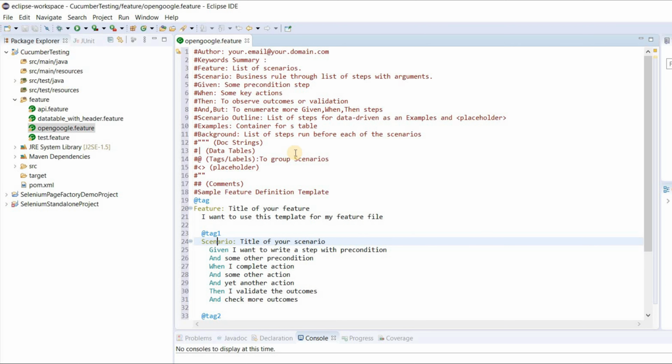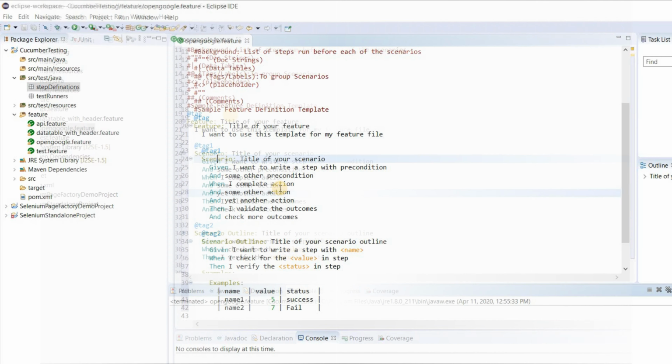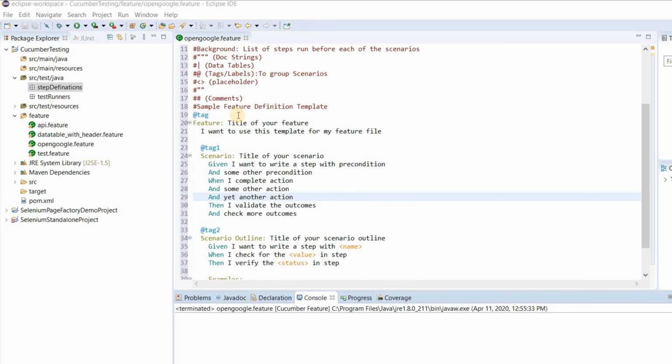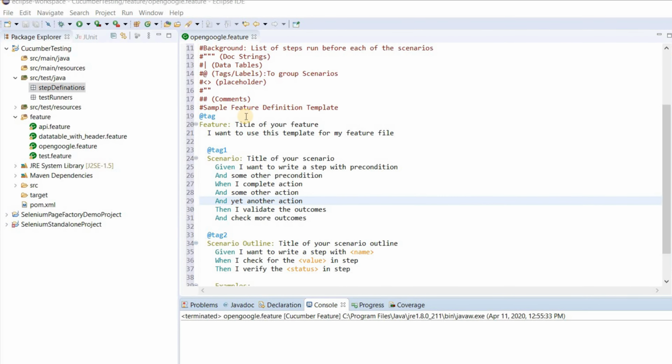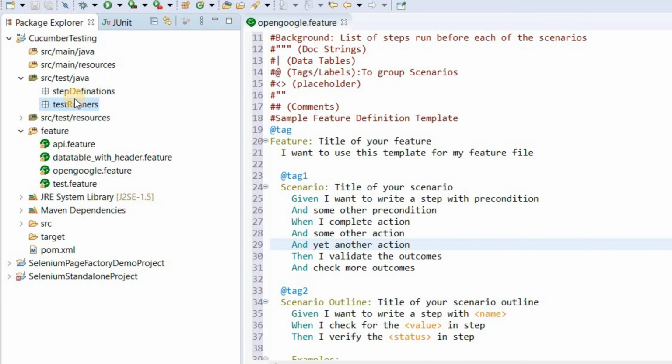Once you have created the feature file, I will show you how you have to create a step definition file and a runner class. Once you are done with the feature file, the next step that you need to focus on is creating a step definition file and a runner file. The advantage of the runner file is that it will help you to run the entire project suite, and the step definition file will be the main Selenium code that is going to execute whatever actions are required. So quickly write the runner class.